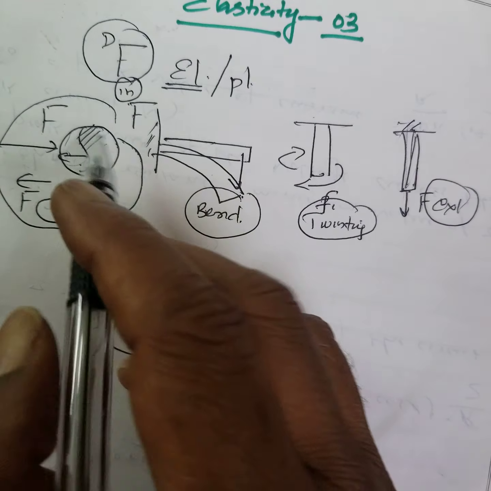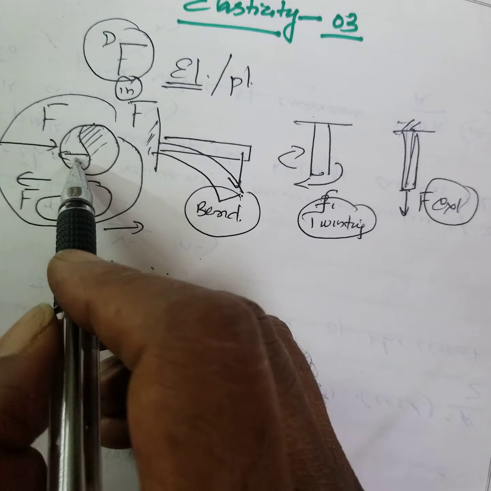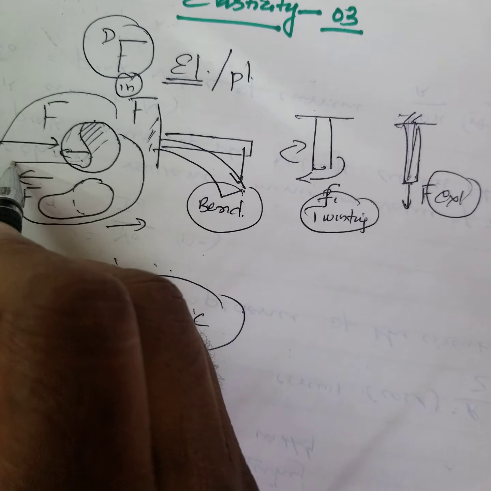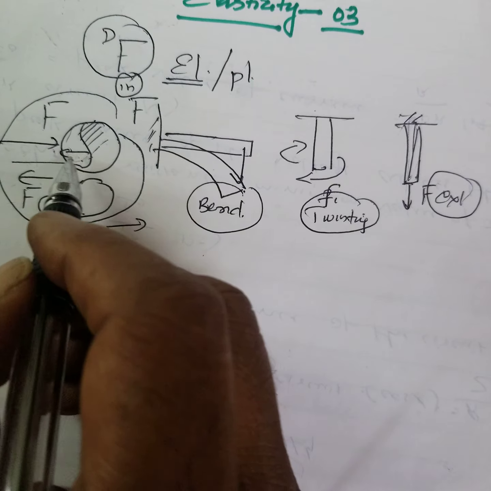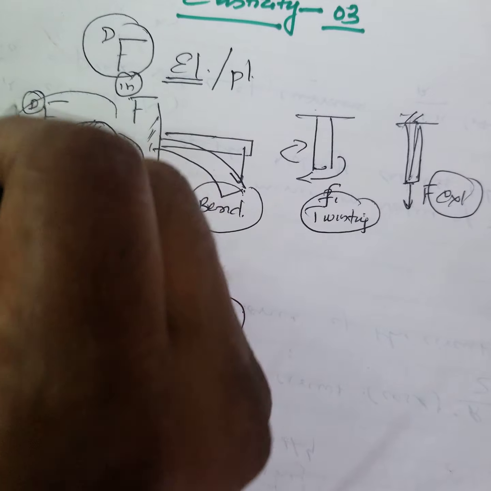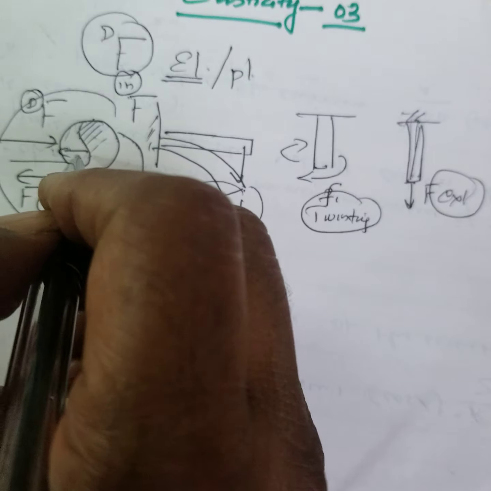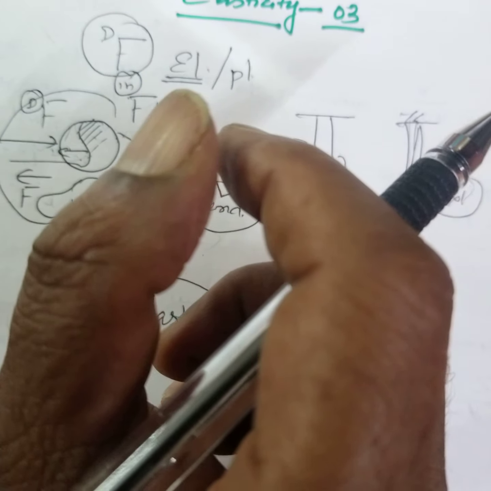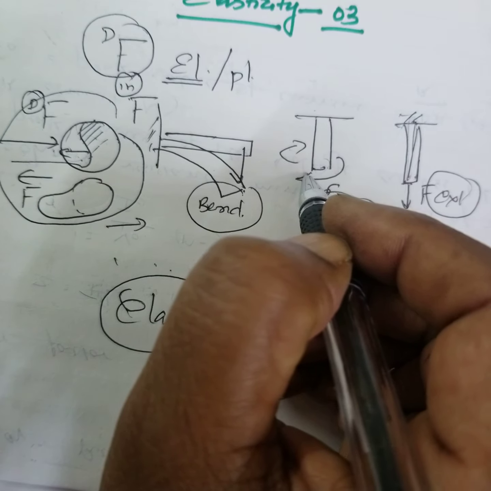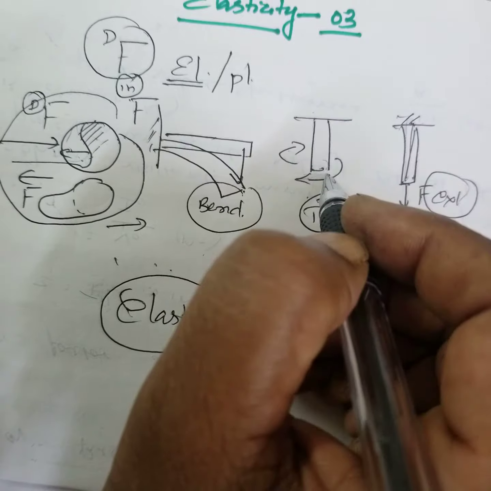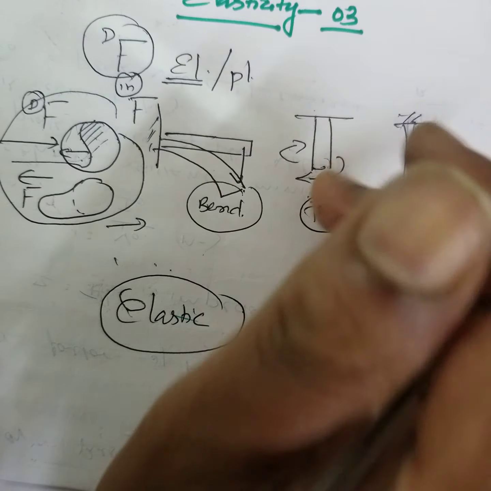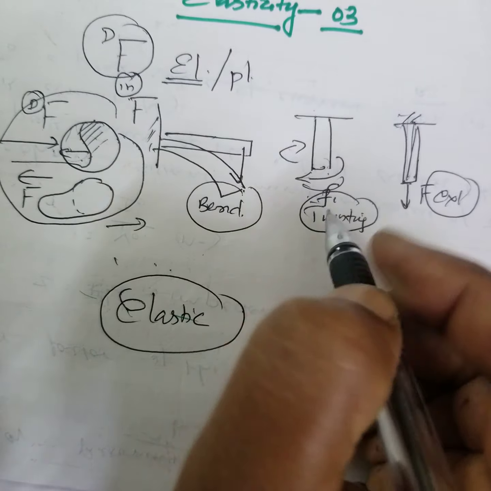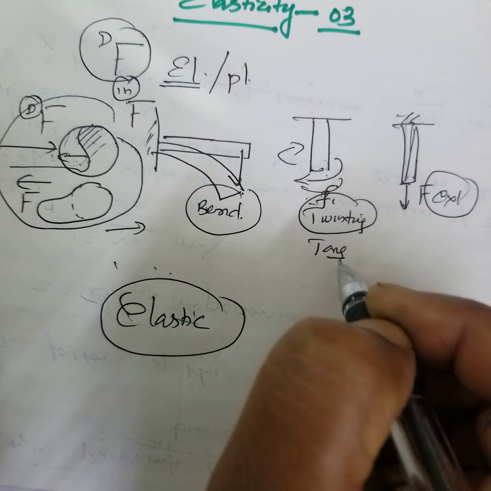That means it springs back to its original position as soon as you remove the external force. This is called the deforming force. What is the deforming force? It changes the shape. Or the twisted body comes back to the original once you remove the torque. That means this twisting force is also called torque, once the torque is removed.